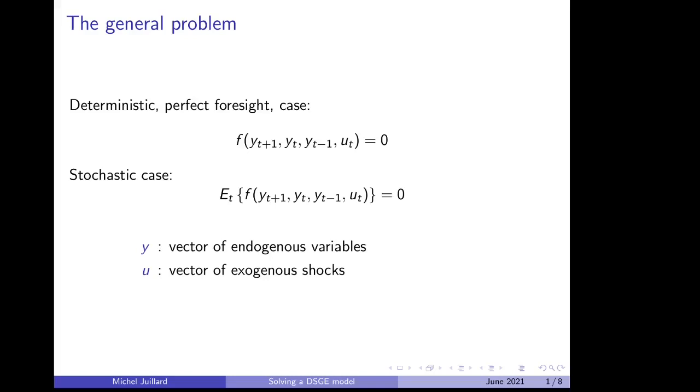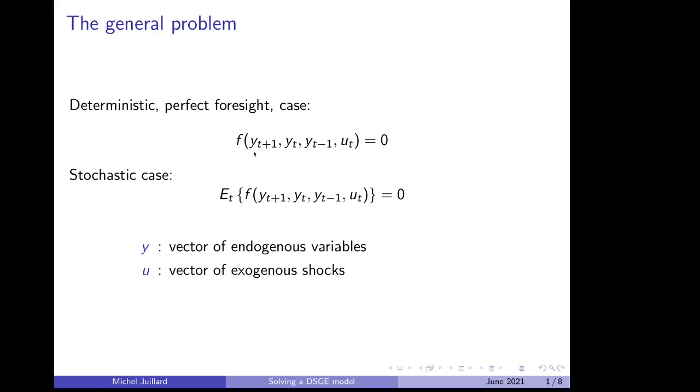In this video, I describe the generic model that Dynare solves. We will represent our model as a set of nonlinear functions f that must be equal to 0. Of course, one can represent any equation in this manner. It is enough to bring the right-hand side of the equation to the left-hand side to get this homogeneous form equal to 0.